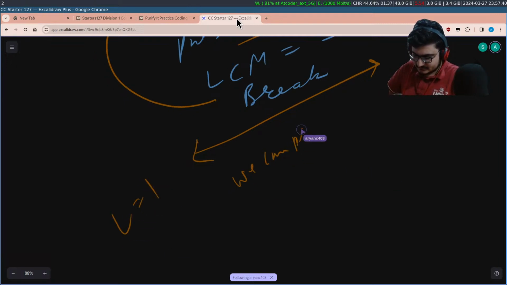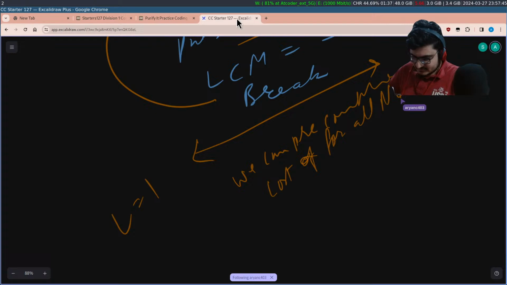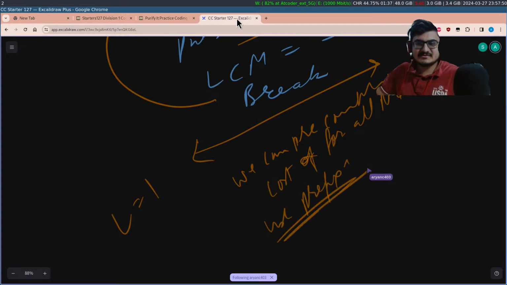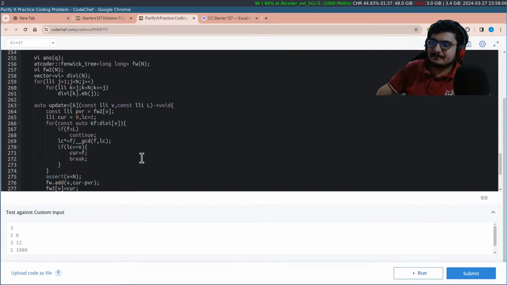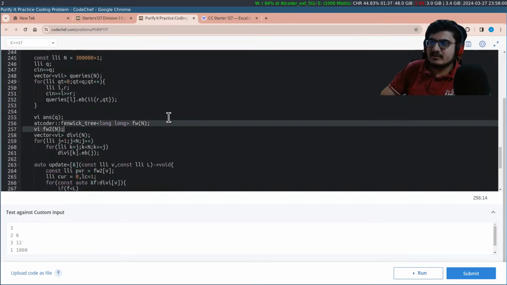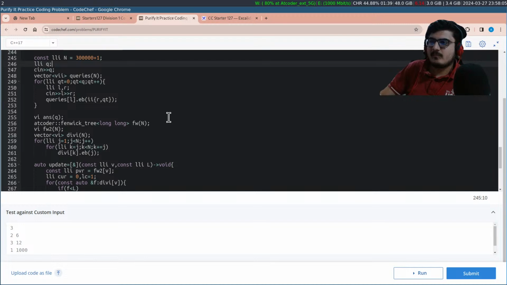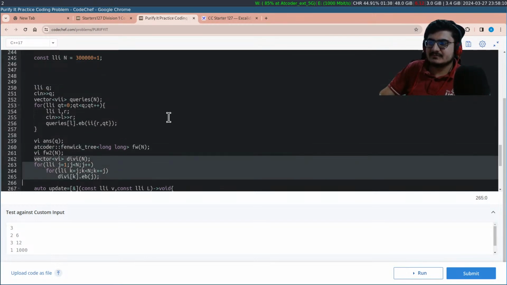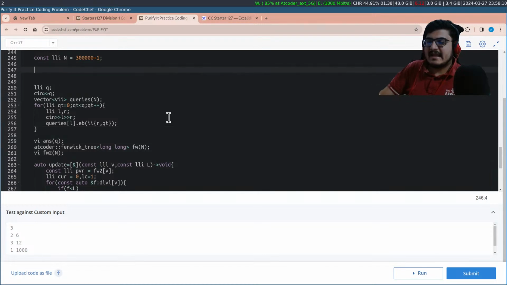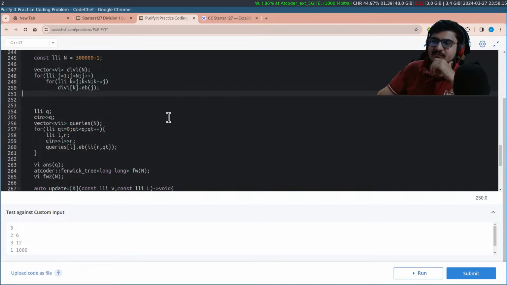We can pre-compute the cost for each of the numbers and use a prefix sum, or we can take the first R numbers and print that as the value. We don't need L if we are just solving for the smallest number. So to do this problem, I will remove all the extra things I have. I need the divisors of all the numbers. I can run a sieve-like loop to get the divisors of all the numbers in an array.